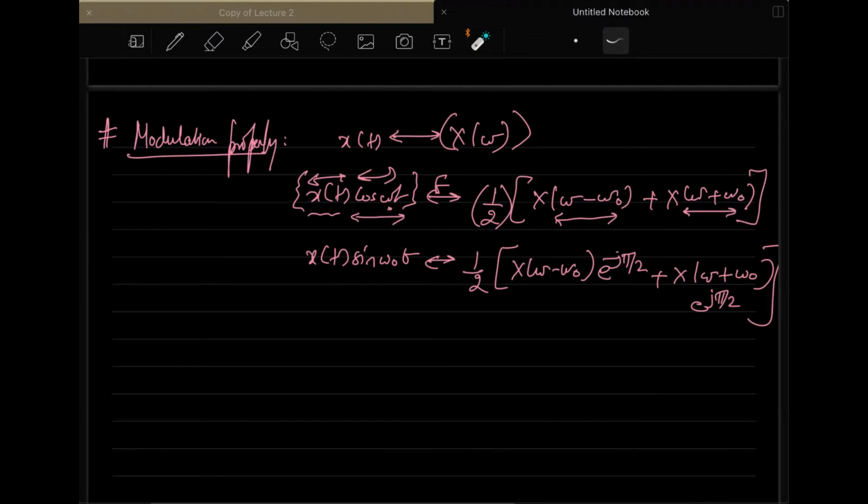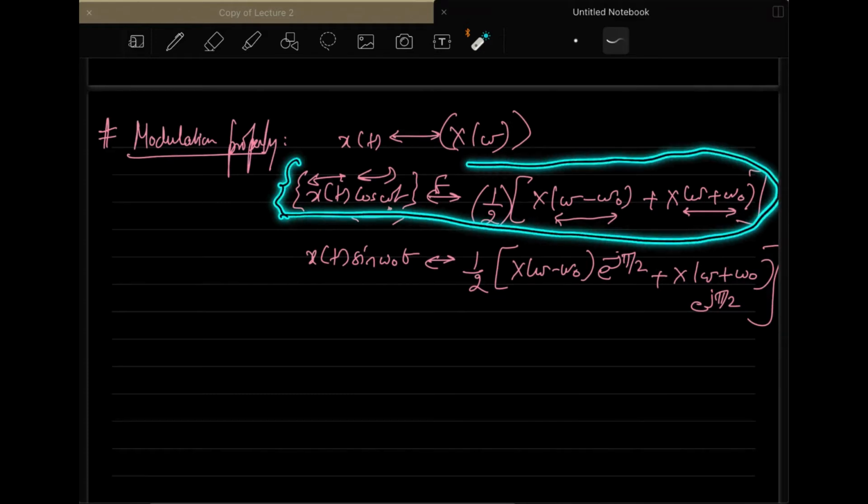So this property, if you can recall, I don't know whether you have gone through the course on communication systems or not, but somewhere or the other you are doing modulation, where you have a signal x of t and multiply it by cos of omega naught t. In communication theory, this is a sort of amplitude modulation in the time domain, and the corresponding spectrum in the frequency domain will be like this, shown over here. Amplitude modulation is a practical example of this property.